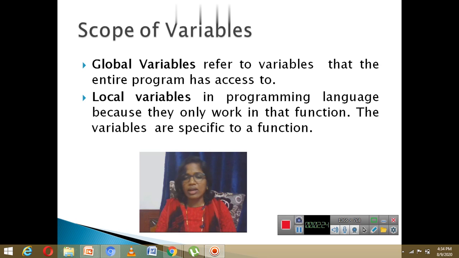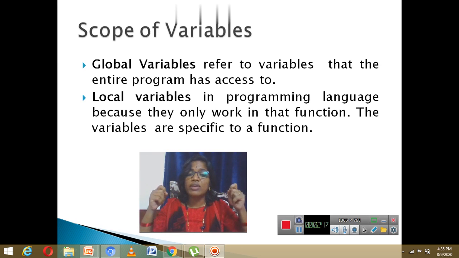The other side is the local variables. What is the meaning of local variables? Local to that function. Which function? We have two types of function. One is the main function in our program, as well as different user-defined functions.